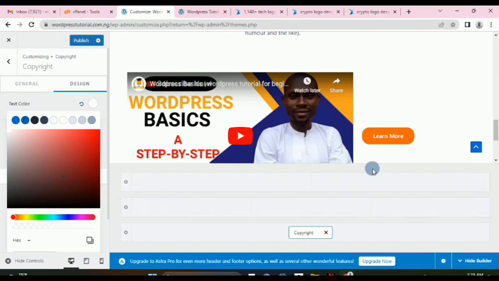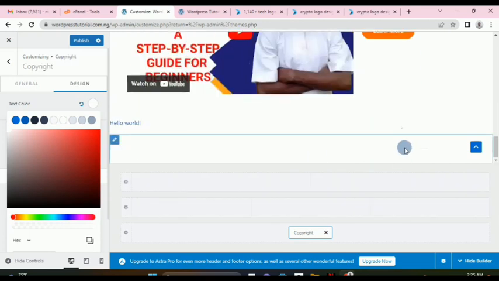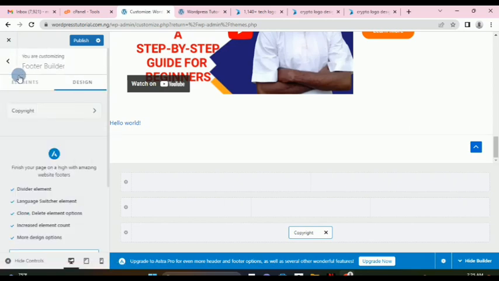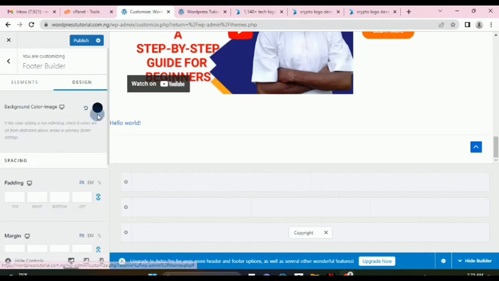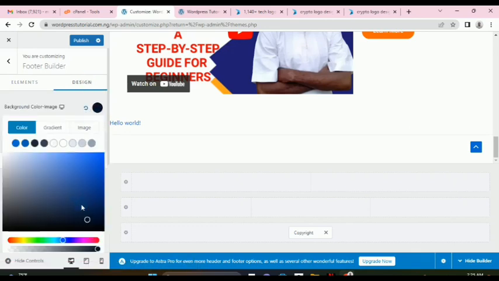This is white, this is white, so you can see it's no longer showing. And we come back to this design here, the color here, let's say blue